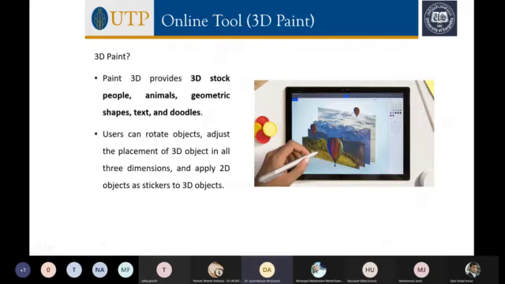So Paint 3D is a very useful tool. It was launched in 2017, and you can learn it easily, because if you know how to use 2D Paint, you can learn 3D very fast and draw objects, features, and things like that.